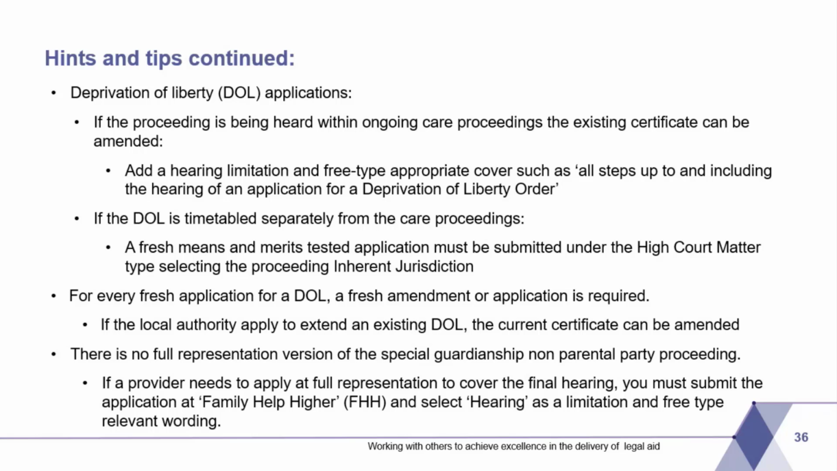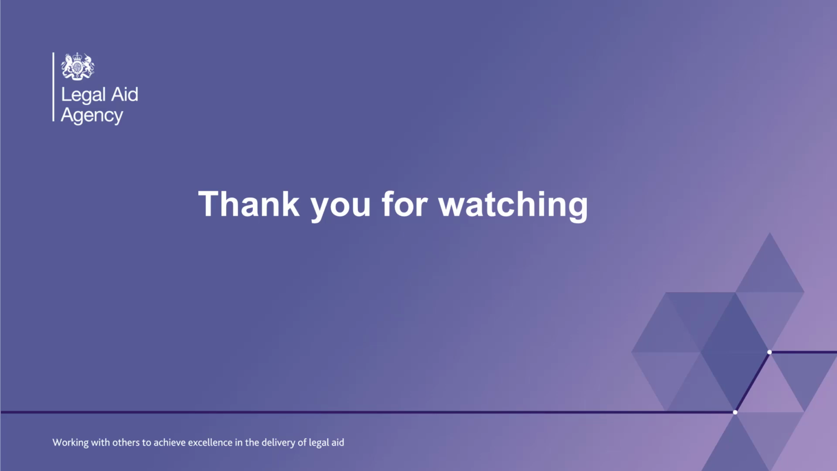There is no full representation version of the special guardianship non-parental party proceeding. So if you need to apply for a certificate at the full representation level of service rather than family help higher in order to cover representing the client at the final hearing, you would have to submit the application as a family help higher one, but again select the non-standard hearing limitation and free type in the relevant wording to cover the final hearing. And that brings us to the end of